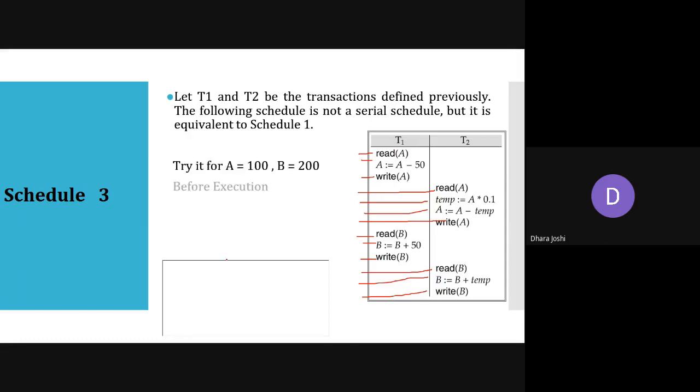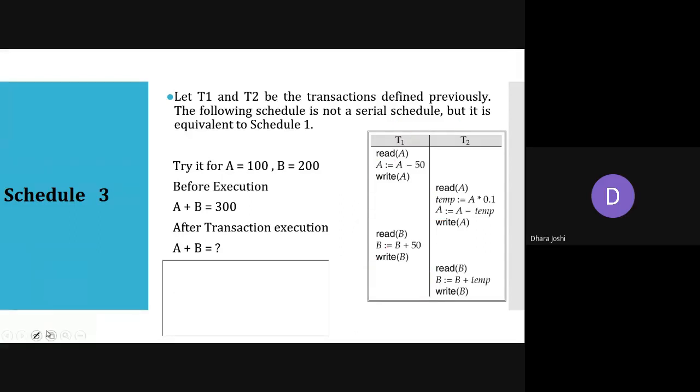Okay. Again, try for this and reply. Is it the same as before execution? That means, is your database consistent or not. One more thing, whenever we are talking about concurrent execution, we require a minimum of two transactions to make it parallel. Okay. And whenever you are writing this in an exam, you do not write it like R of A or W of B. We need to write the entire word, read and write, because these two are operations. Remember this.